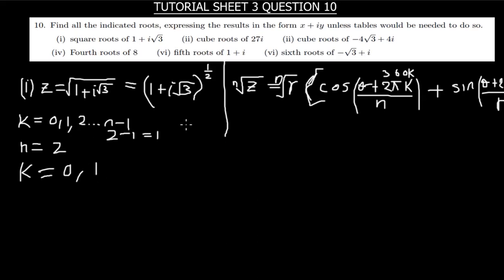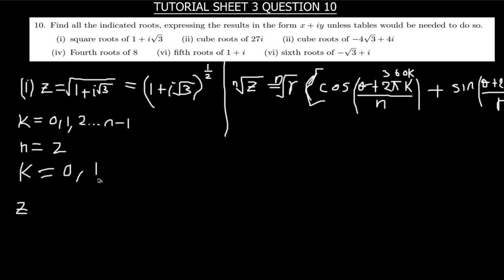And then you move on now to finding the roots. So we're going to have z0 and z1. We just use these numbers here. So z0 is going to be, where there is k in this expression, I'm going to be putting 0, and where there is n, I'm going to be putting 2 in this case. Then before I start finding z0 and everything, I should first convert this complex number into polar form,